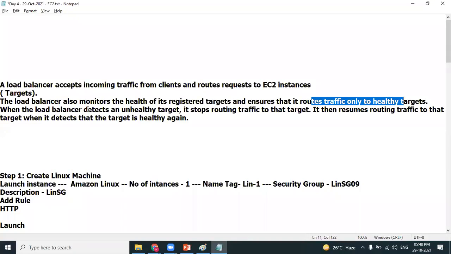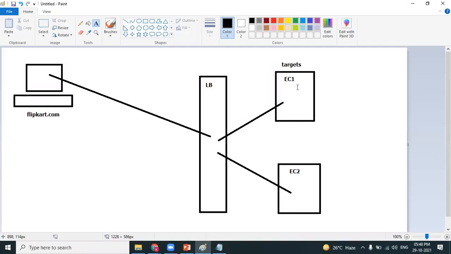If the load balancer detects an unhealthy machine because of any hardware failure or whatever the reason could be, it should understand that this particular EC2 machine is not working perfectly. As it is not healthy, it should distribute only to the healthy machines. It should not distribute to unhealthy targets.